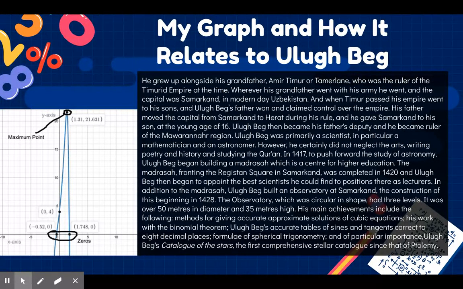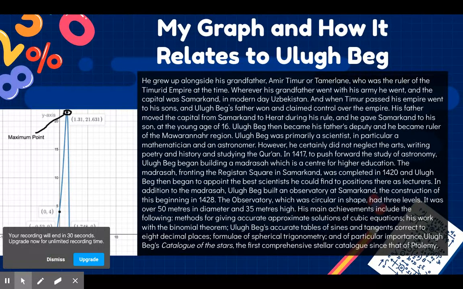His main achievements include the following: methods for giving accurate approximate solutions of cubic equations, his work with the binomial theorem, Ulugh Beg's accurate tables of sines and tangents correct to 8 decimal places, and also the formulae of spherical trigonometry, and of particular importance, Ulugh Beg's catalogue of the stars, the first comprehensive stellar catalogue since that